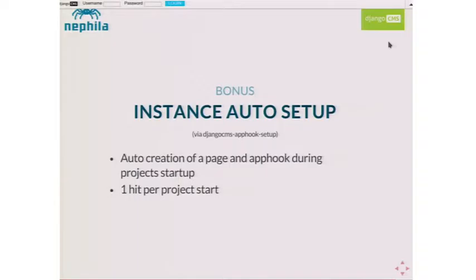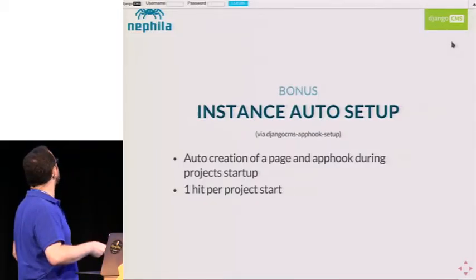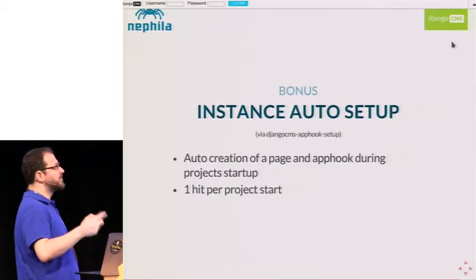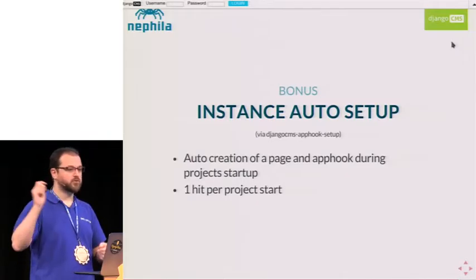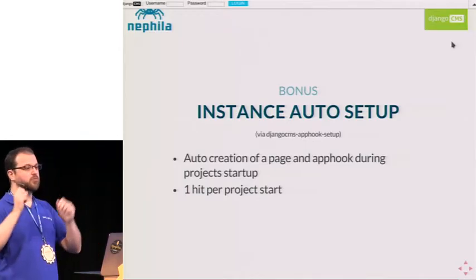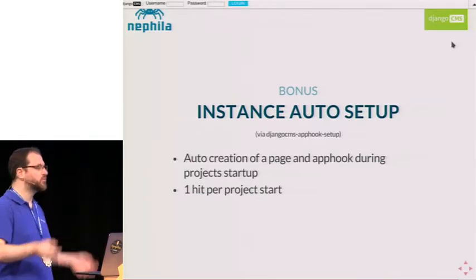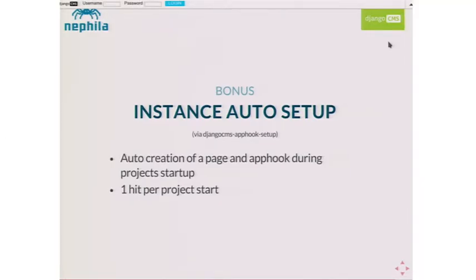And the last one, which is highly experimental because I worked on it in the past few days, is nice especially if it's the first time you are experimenting with Django CMS. Sometimes it's a bit boring to install the Django CMS application because you have to add it to installed apps and configure it like any Django application, but then you have to create a page, load the apphook, and do some initial configuration. With this application, it basically handles the auto creation of the page and the apphook, and eventually the apphook config model